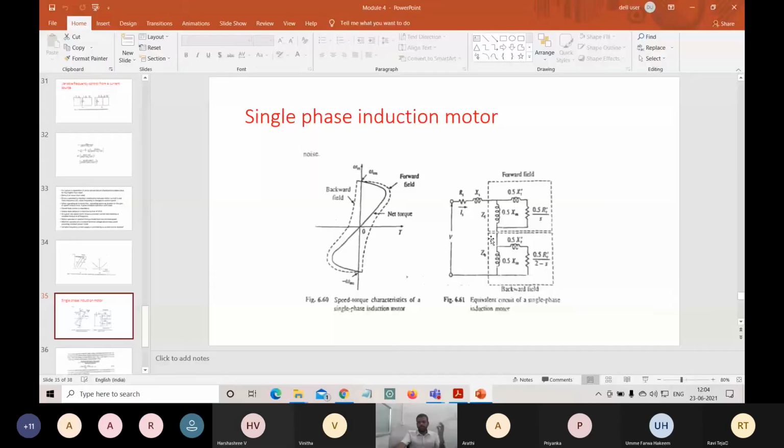So here is the single phase induction motor. We are interested to control this single phase induction motor. The same AC voltage controller that I showed you earlier, we can see here. So this is for set of voltage V1. The dotted one, this is the same graph that I have shown previously. So this is for forward bias, and similarly we can see the same kind of nature of the graph for the backward field also. So this is the actual characteristics.